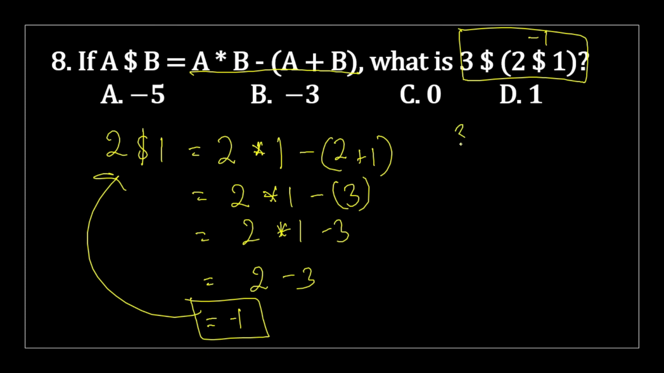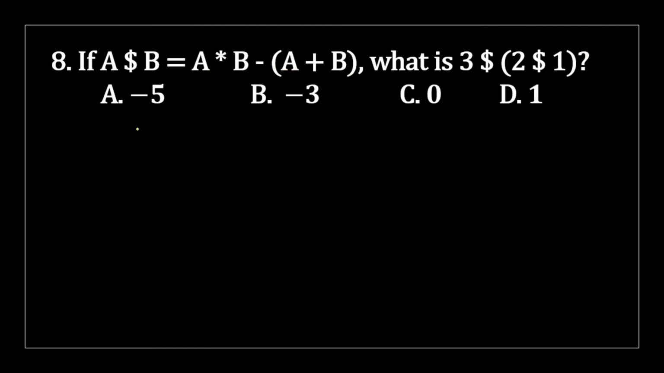So we have 3 star negative 1. Again, all we have to do is to follow this expression to answer. We have 3 multiplied by negative 1 minus, let me erase this first. So it is 3 star negative 1. That is 3 multiplied by negative 1 minus 3